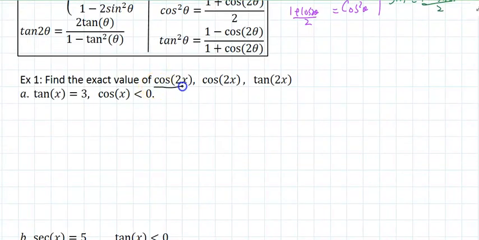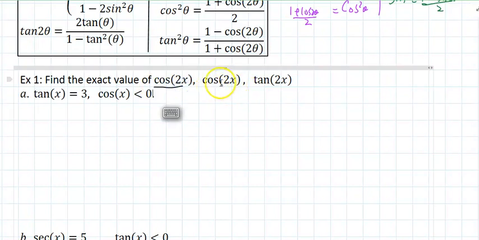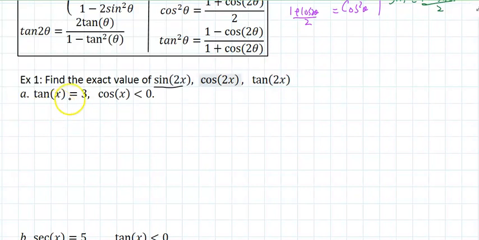Find the cosine of 2 theta. Find the sine of 2x, cosine of 2x, and tan of 2x, given tan of x equals 3 and cosine of x is less than 0. What I need